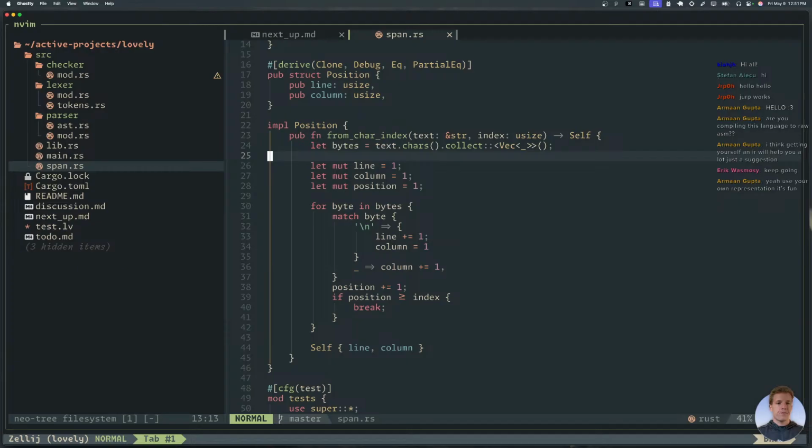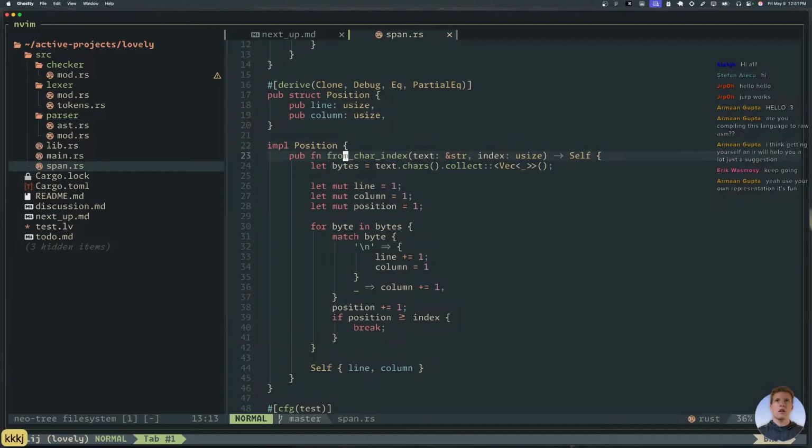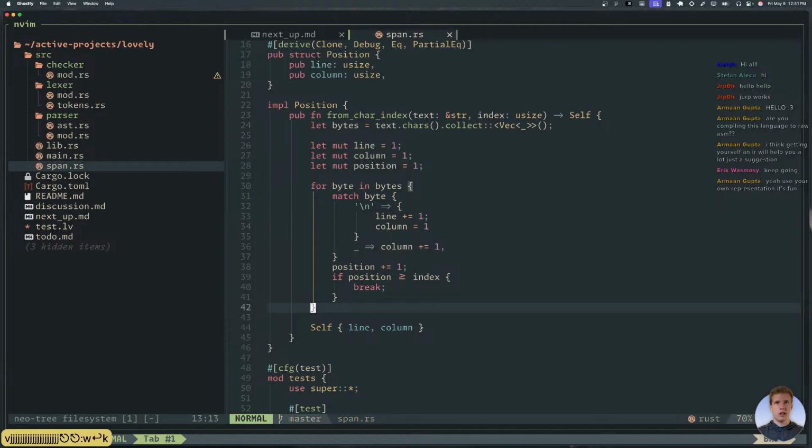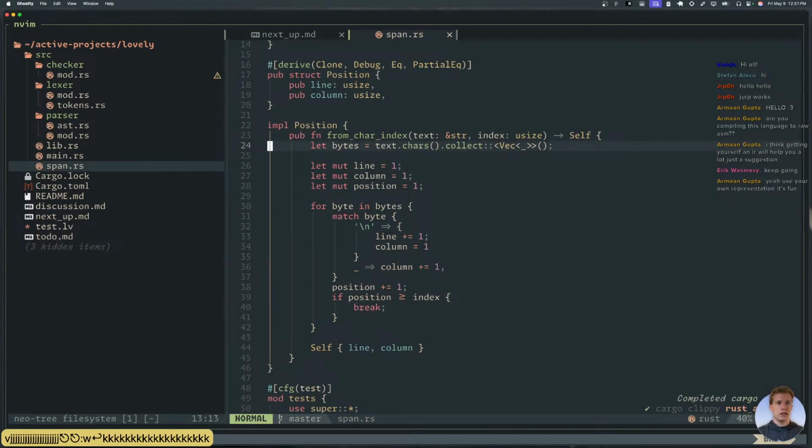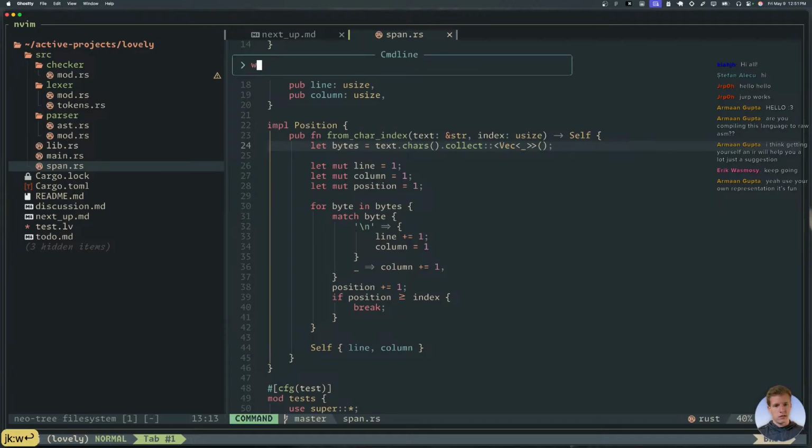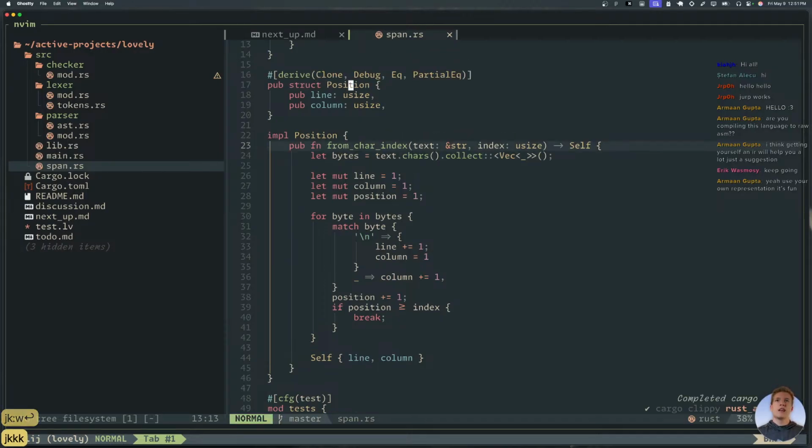Every time I create a span, which is every time I create a token, it loops through all the bytes up until it finds the spot to find the range. So not very efficient, but it's all right. We'll fix that later.